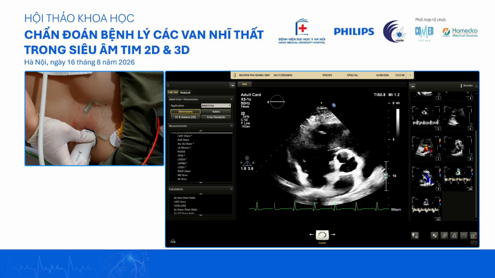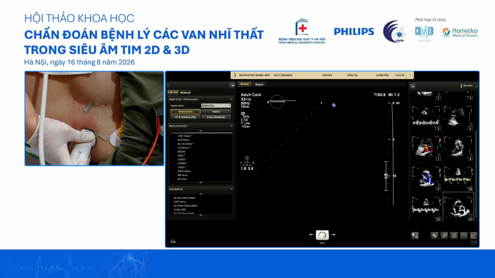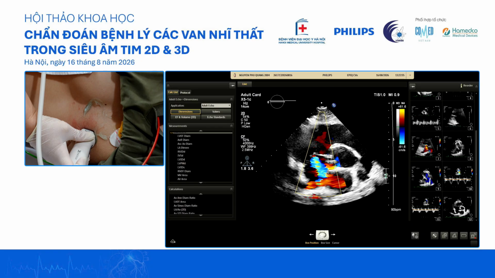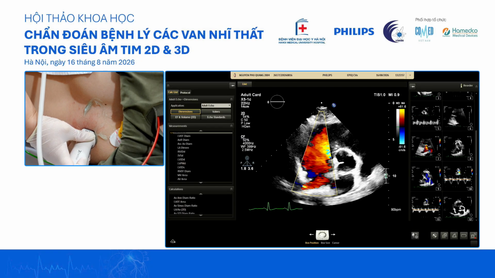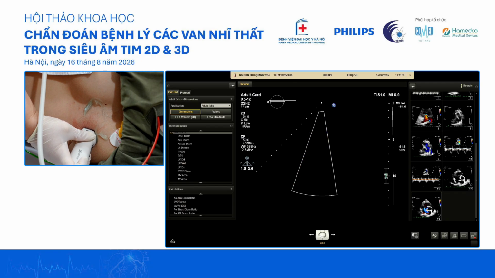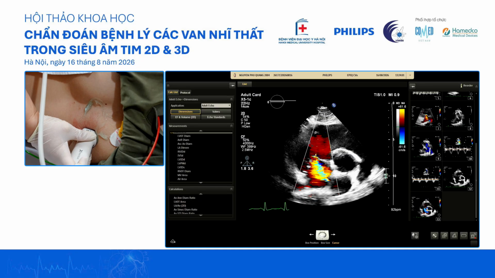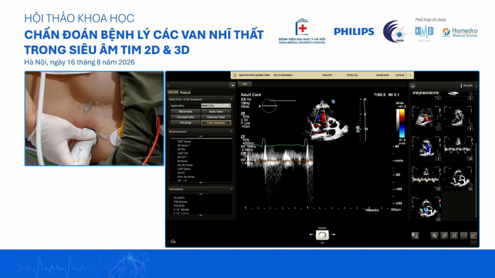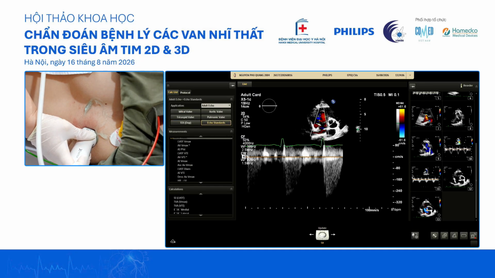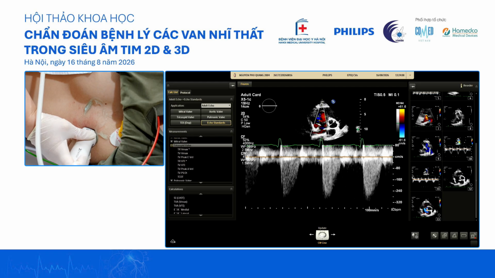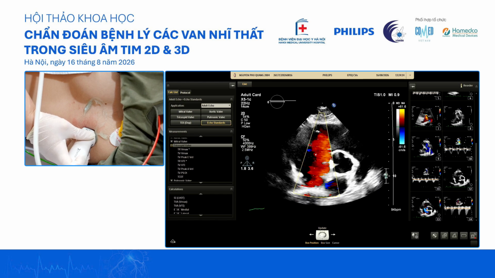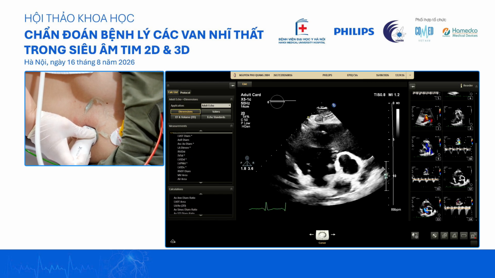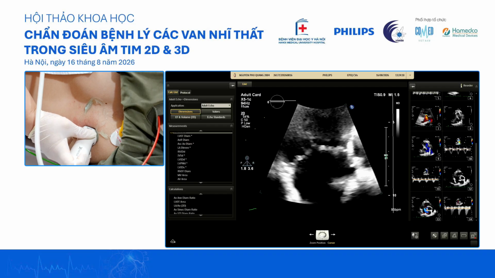And then as always, because we need to do multi-plane, we will take a look at the tricuspid valve also from the short axis. Vì chúng ta cần phải đánh giá ở nhiều mặt phẳng khác nhau nên chúng ta đã đánh giá mặt phẳng van ba lá ở mặt cắt trục ngắn. You can see that the TR velocity here is actually a little bit higher in the short axis as compared to the RV inflow view.